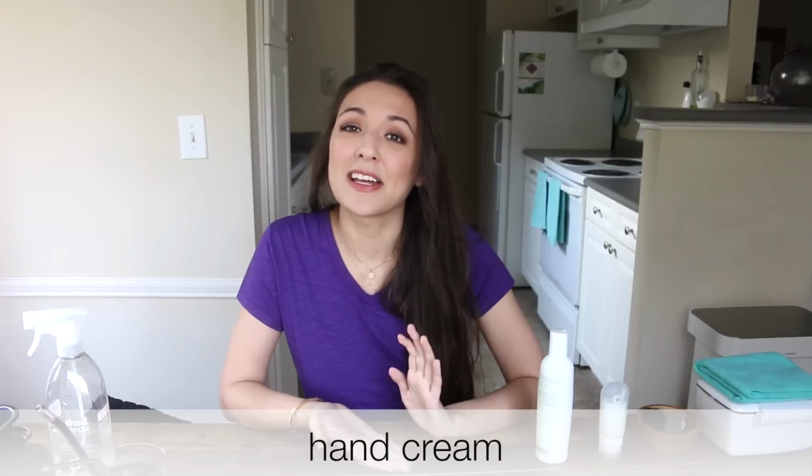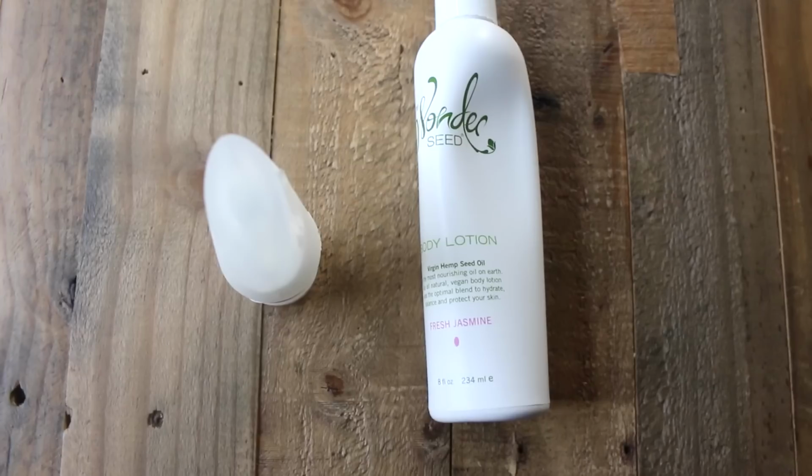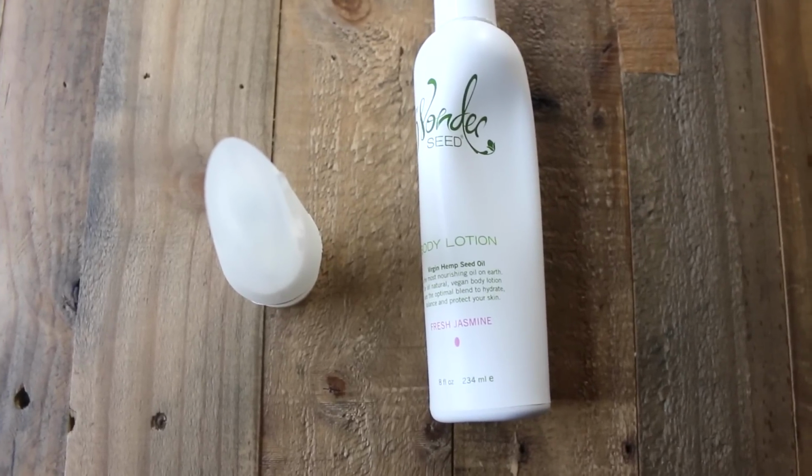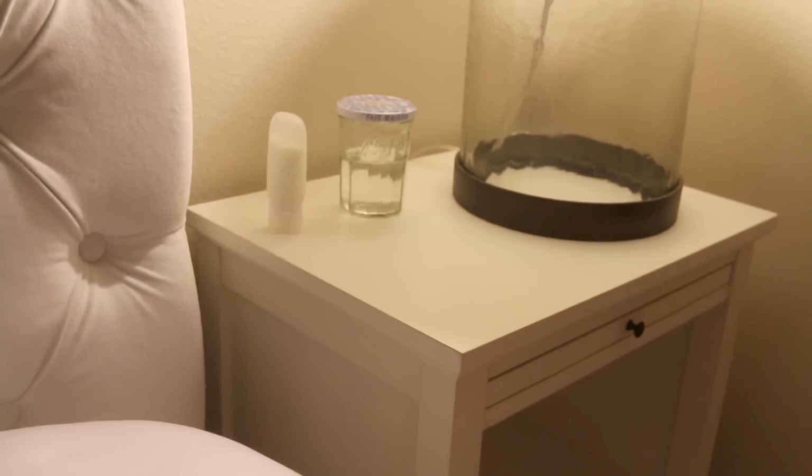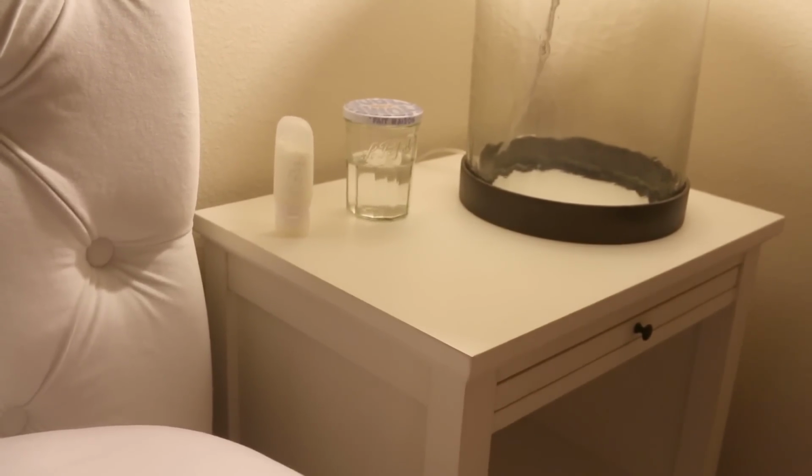And the very next thing that I was really happy to cut out was hand cream. For so long I was buying hand cream because I thought, okay, I like lotion, and sure, lotion is pretty similar, but I can't transport this bottle of lotion everywhere I go. Then it dawned on me, why don't I just get the travel containers? I grabbed this lotion, I grabbed my favorite container, which I'll link in the down bar,